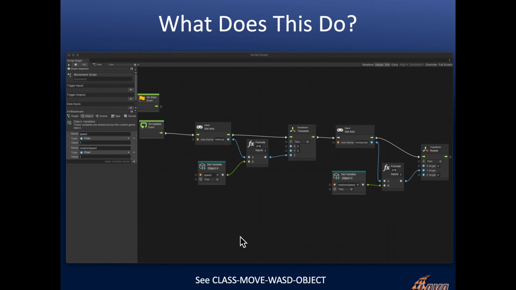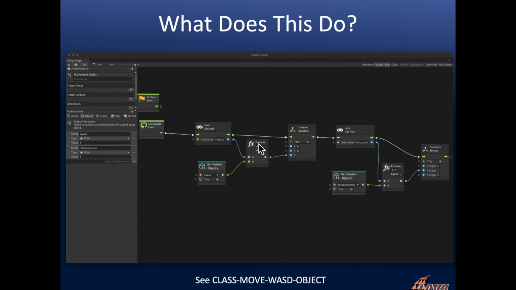Okay, here's a quiz for you. What does this do? Well, let's look at it. So here's the onUpdate event, right? This is what is going to run every time this game object is running in the game. This visual script is running in the game. And what it does is that it takes input via get axis. In other words, it looks like it's taking a game controller and it's taking the vertical axis of the joystick,